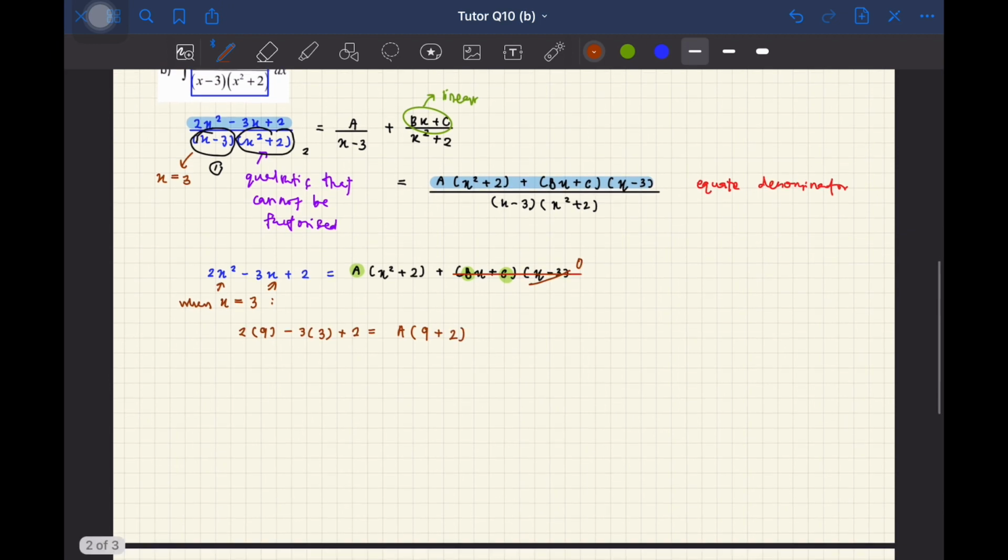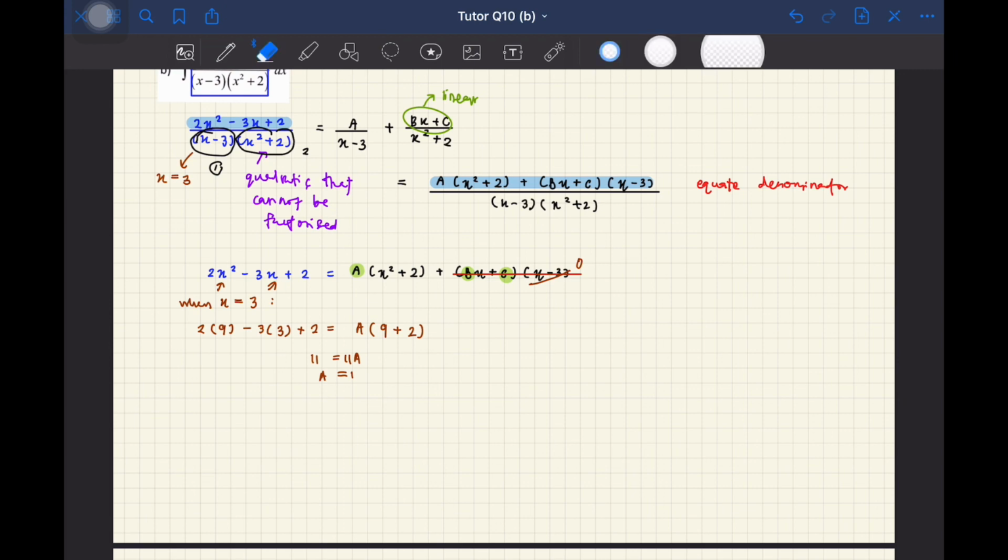Okay, so jom settlekan this equation. So 2 times 9 is 18. 18 minus 9 is 9. 9 plus 2 is 11. Okay, and then you will get 11A. So A is equals to 1. Settle. Okay, so kita dah dapat satu nilai which is A equals to 1. Right, and then the next value yang kita boleh ambil, alright, so let me just padamkan dulu this one. Okay, so the next value,